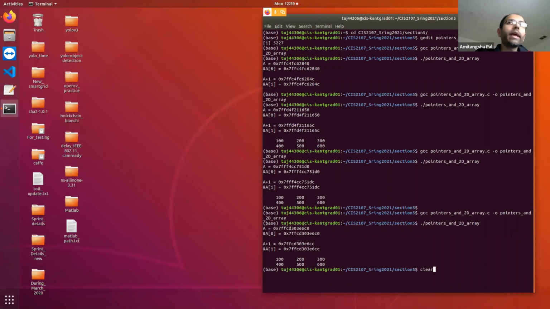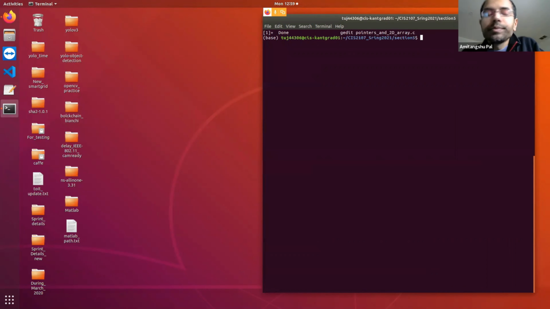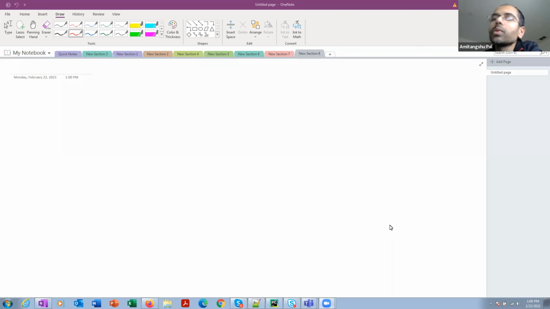So we have learned arrays and pointers. Now let's see what the limitations of arrays are. Suppose you are writing int a[10].